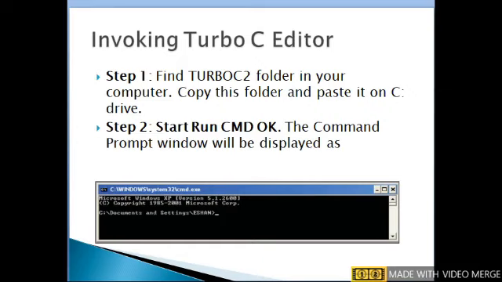Copy this folder and paste it in C drive. Step 2. Start, run command cmd and press OK. The command prompt window will be displayed as shown below.